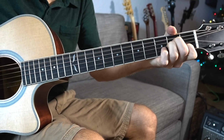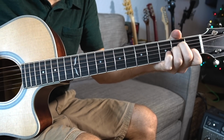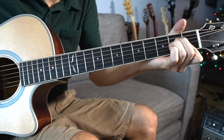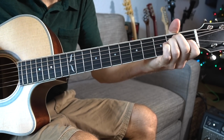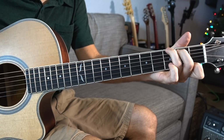Same thing again, A minor, E minor, A minor, C to G to A minor to F, and then the D minor, and then now we're going to transition into the refrain, which a G7 will get us all the way back into the next part of the song,